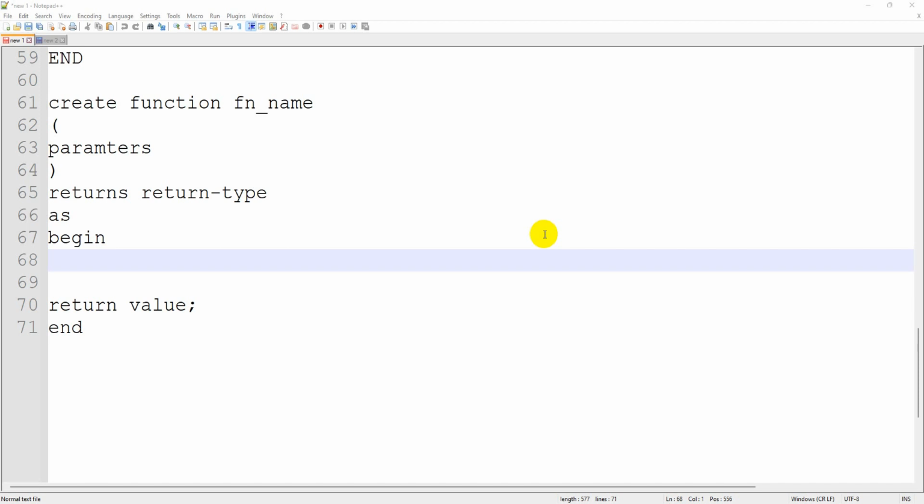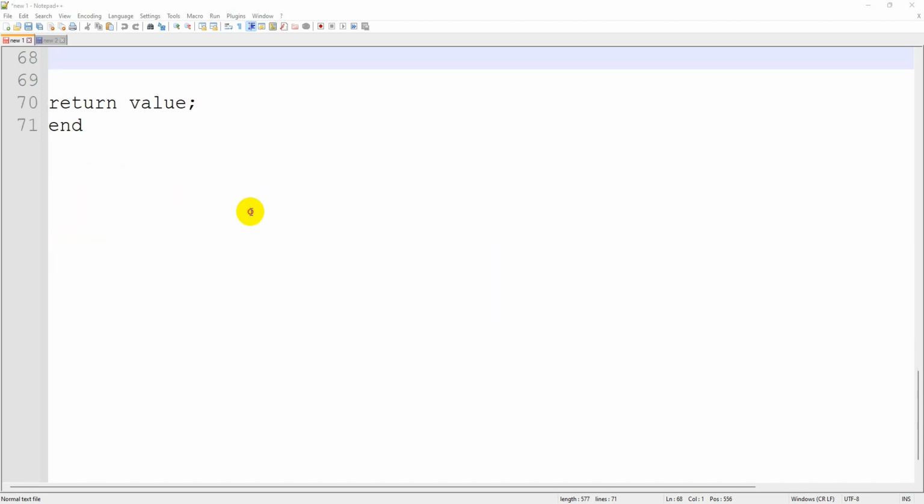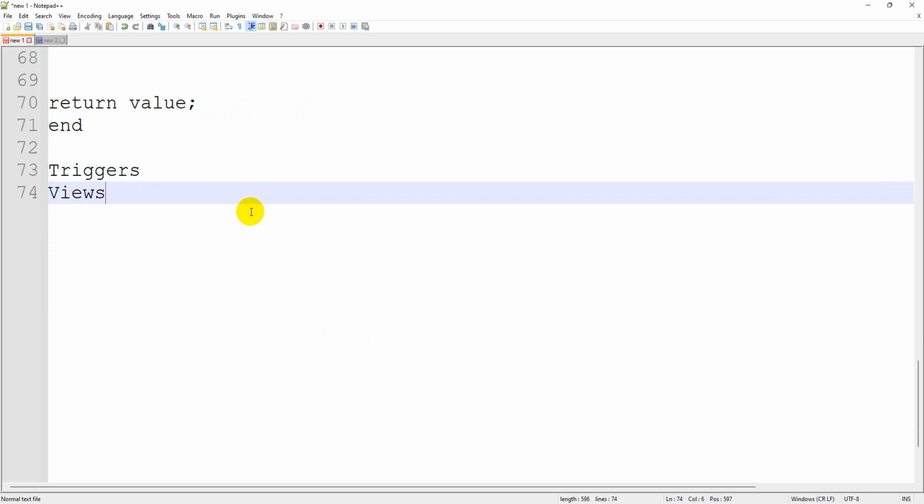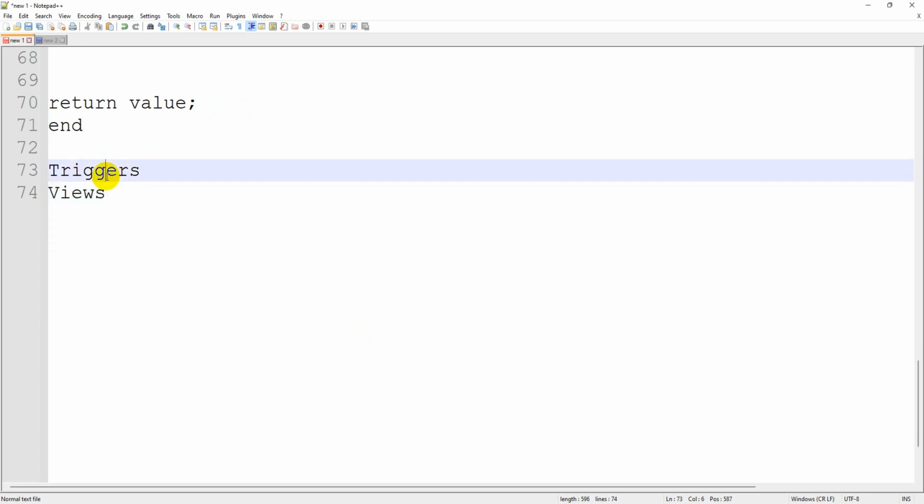Yeah guys, so in this video we are going to cover two topics. One is about triggers, another one is views in SQL. So triggers are nothing but, the name itself you can easily understand. Trigger is a functionality where it is going to execute a script on some basis of condition. So when you hit the trigger of a gun, the bullet will get released, correct? Like the same, when the condition matches, it is going to execute some particular SQL script. That is what is called a trigger.